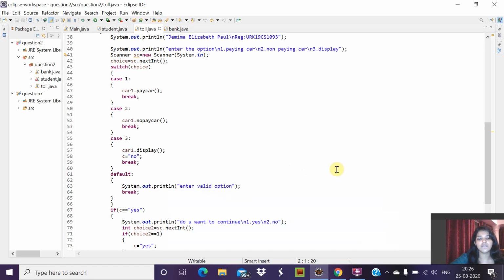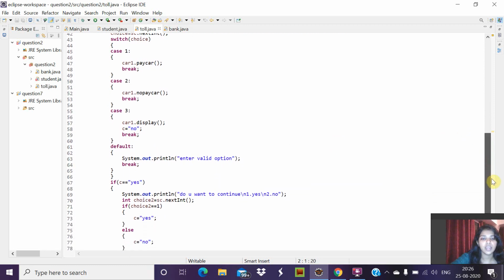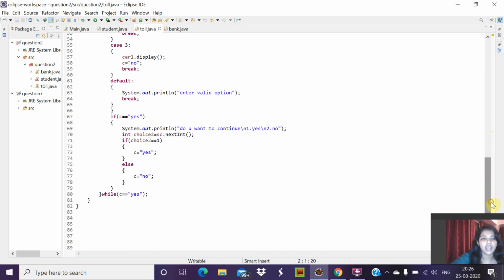If the user enters any invalid option, it will show enter a valid option. And coming out of it, then using an if condition, we'll check whether c equals yes. Then we will ask the user whether he wants to continue or not. If he enters 1, it means yes, it will start again from the beginning. If it is no, then it will come out of the program.